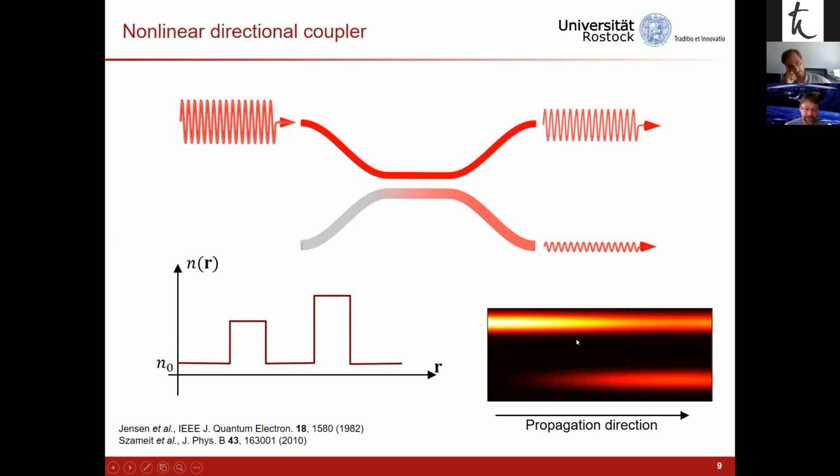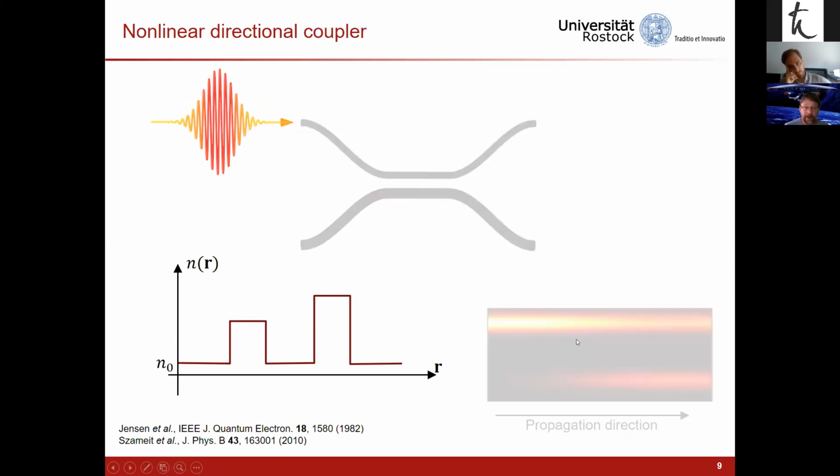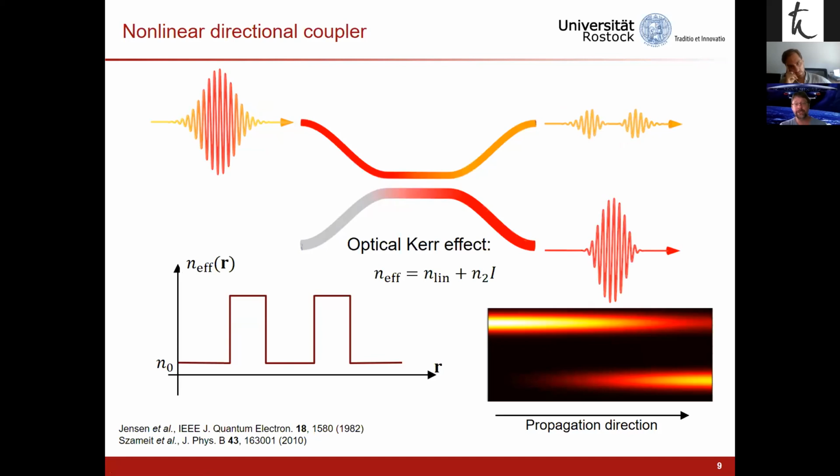But now comes the trick. If you put in high power, you get a phase matching due to the optical Kerr effect. So the n effective can be tuned such that both waveguides have the same refractive index because you have this nonlinear contribution here. And then you get exactly the situation that we had in the beginning. The waveguides are tuned, and then most of the light,